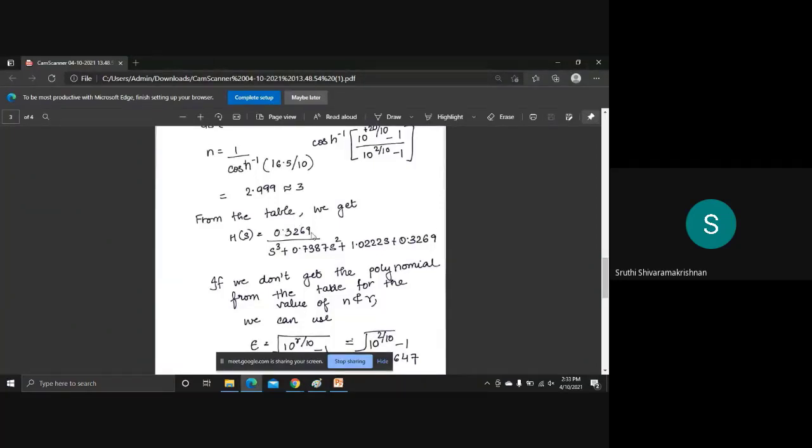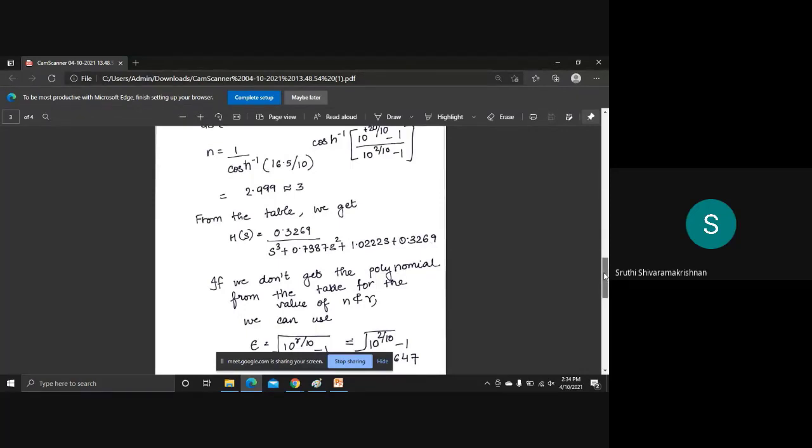For determining this numerator part, if the order is odd, since the order here is 3, the value of this is A0 itself, A0 of the Chebyshev polynomial. But in case the order is even, then we divide by the root of 1 upon epsilon square.